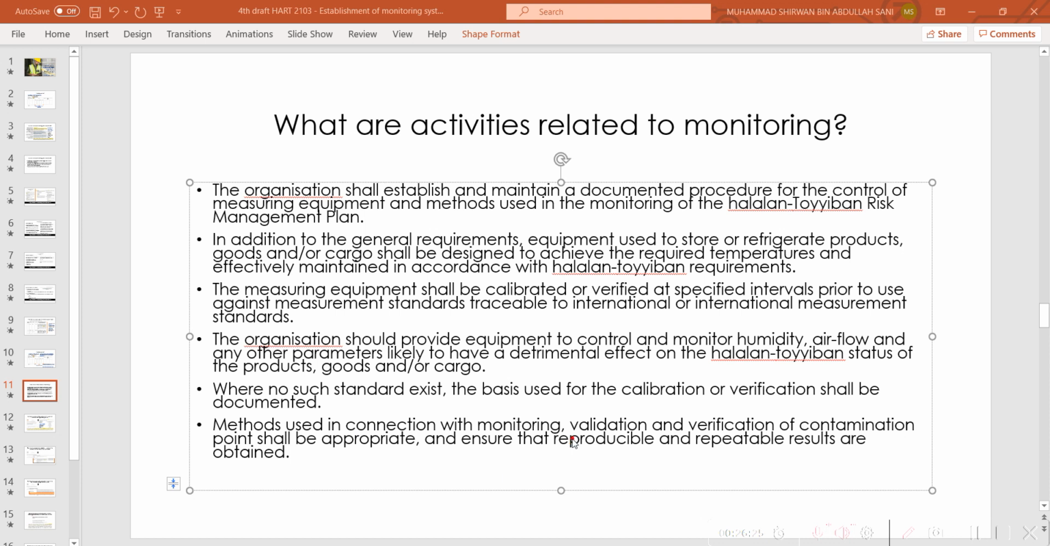So when you carry out the monitoring, the method that you develop to monitor shall be reproducible and repeatable, meaning that for example, if we are checking on the humidity, kelembapan, humidity is kelembapan, temperature is suhu, you really need to validate or verify whether the equipment that you use and the monitoring activities are really effective. Okay,